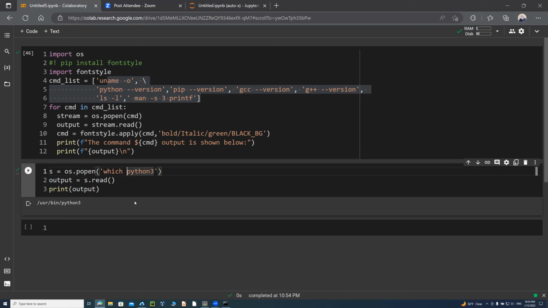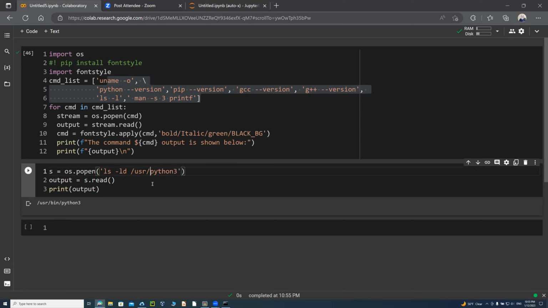You could see that both of them are pointing to the same version. So whether you say python3 --version, or python --version, you will get the same output of 3.8, because one of them might be a symbolic link, or maybe the executable is still pointing to that one. So you could say, for example, which python3, and then if you just get the path of it, you can just say